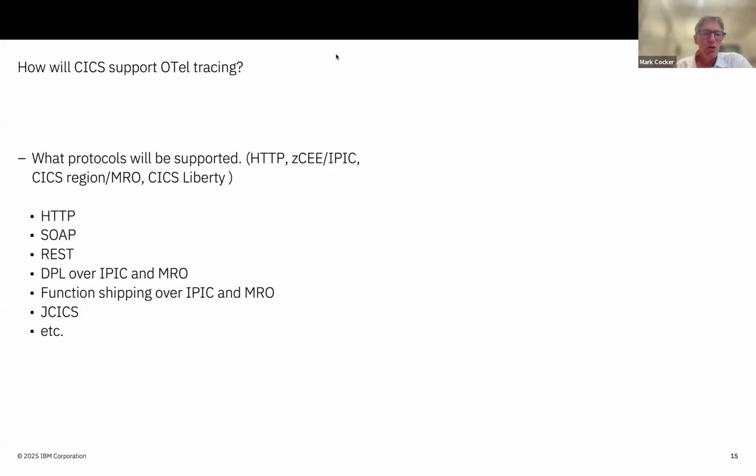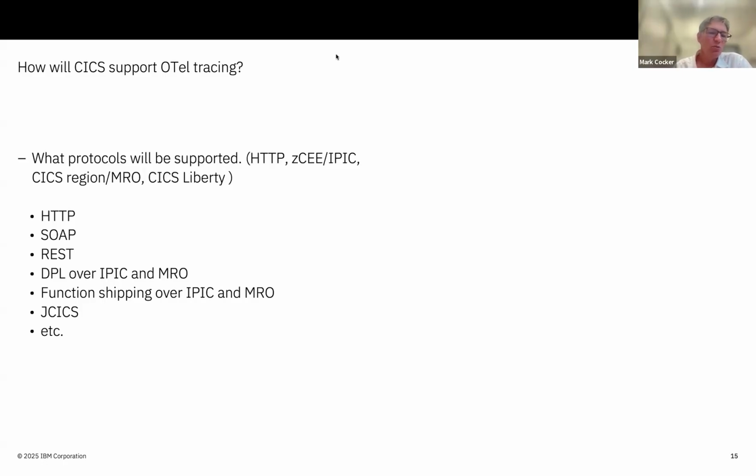This just gives you a view of some of the protocols that we're supporting. I think it's fair to say we're supporting pretty much the majority of CICS interaction patterns. There are a few esoteric ones which some of our customers use, like APPC, that we're going to be looking into next.